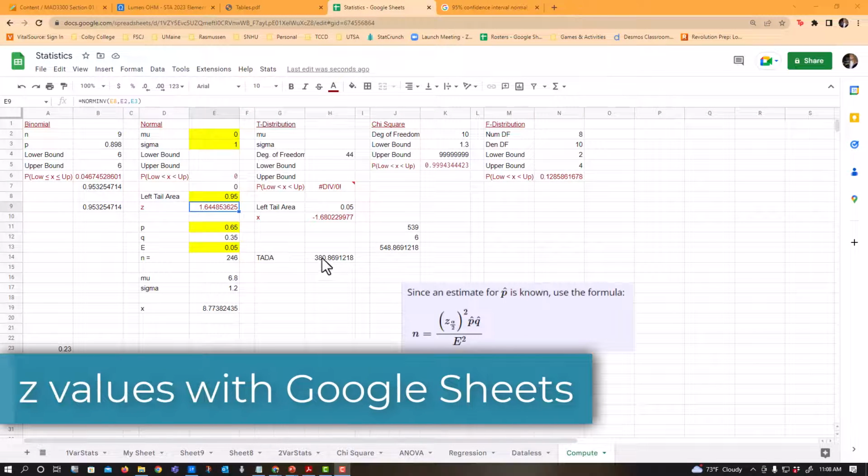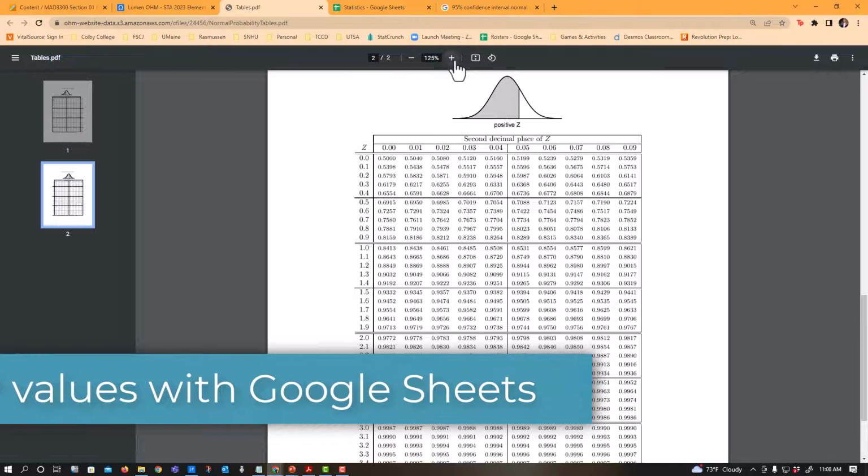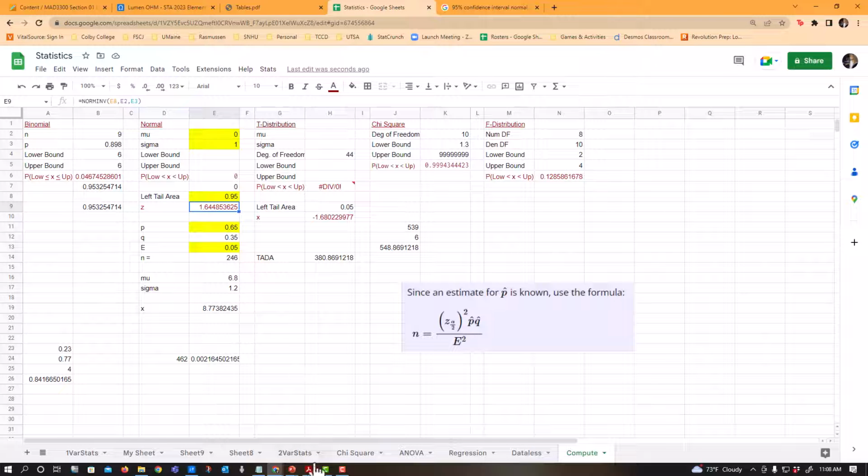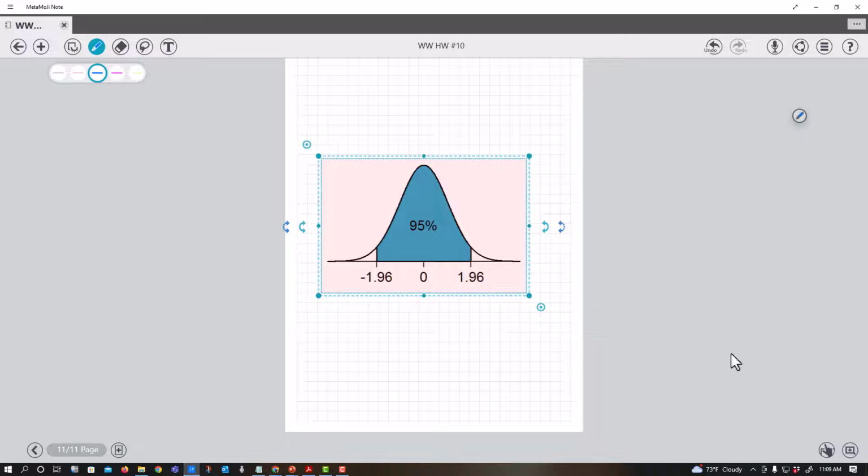All right, let's say that you want to use Google Sheets, because this table can make you go blind, right? Trying to look things up in this table. And let's say that you are trying to figure out, for a 95% interval here, how did they get these values? Because even if you look in the table, remember those values,